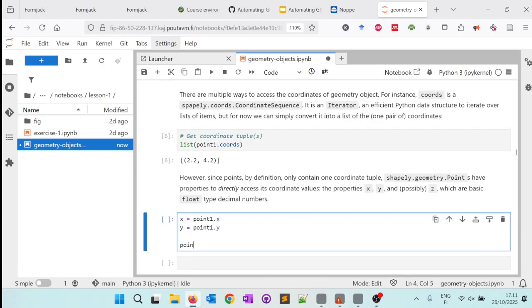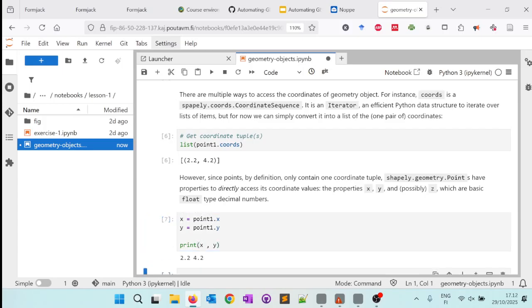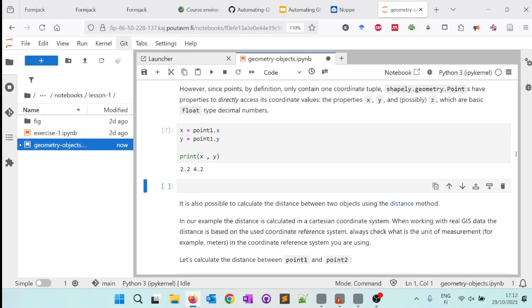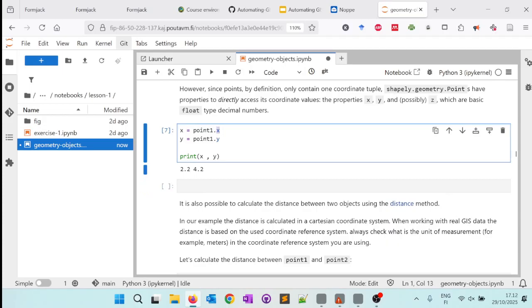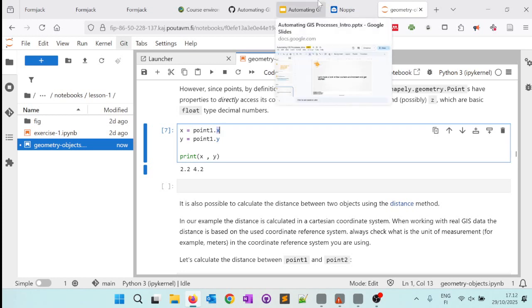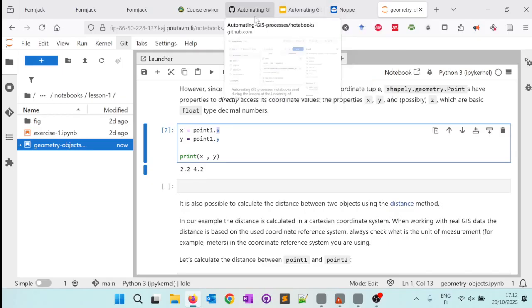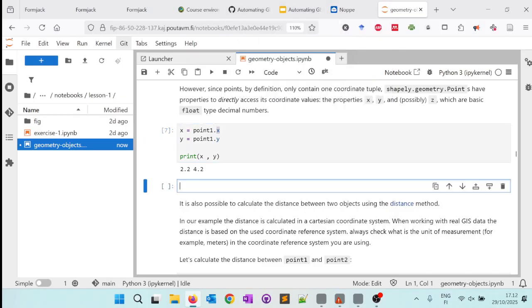And now that we are here, let's also print out the output to see what we are getting. So print x and y. So accessing the coordinates is fairly easy for points. It's the name of the variable where you're storing the point, .x, .y, and .z to get the z coordinate as well. So now let's try it for the point defined in 3 dimensions. So it's the same. So x is